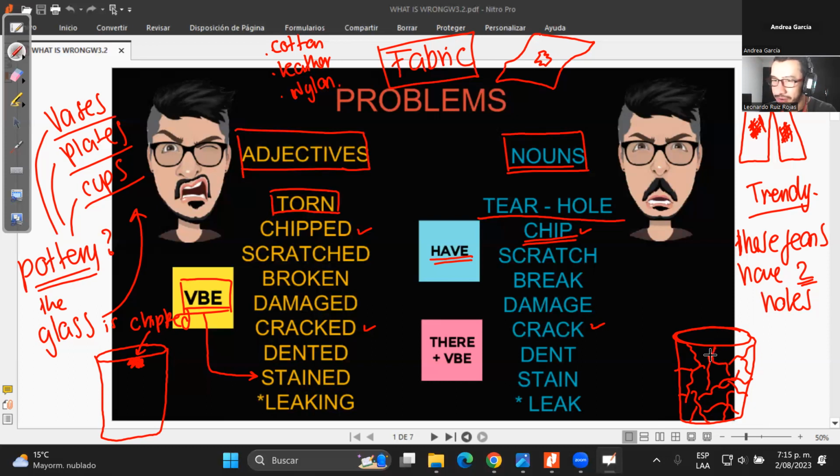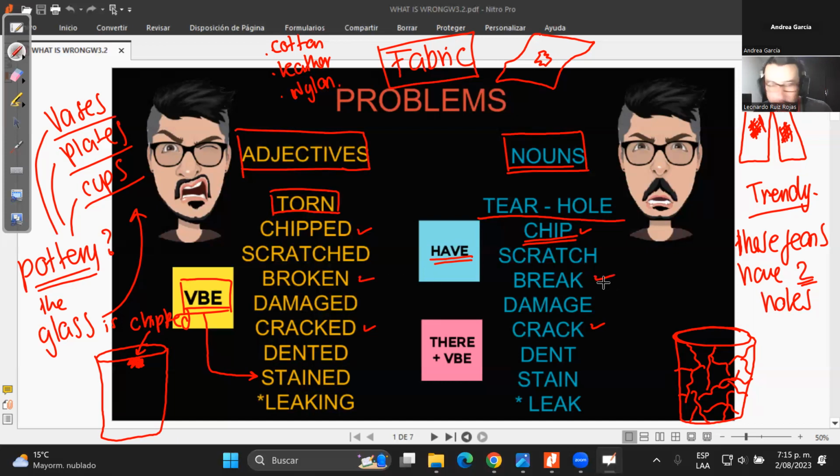Mm, no sé. But which one is toteado, el primero o el segundo? The first or the second one? Ah, no, yo creo que el segundo. El segundo, yes, I think. Exactly. So, crack is when it's like, how do you say that? Craqueado, yes, está roto, pero no está roto. O sea, está roto, pero no destruido, ¿no? O sea, está como cuarteado, pero no completamente damaged or broken, right?